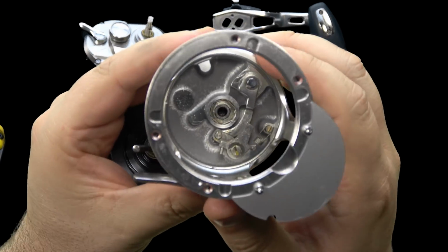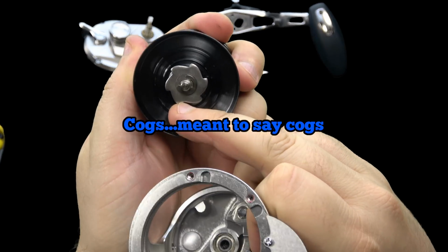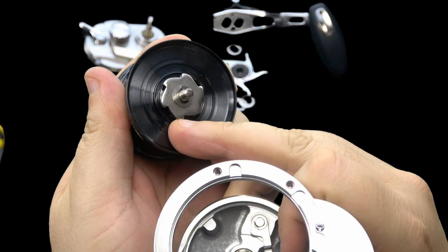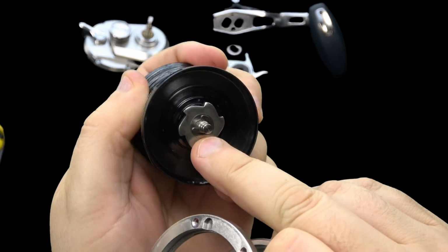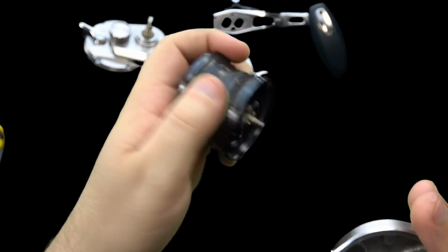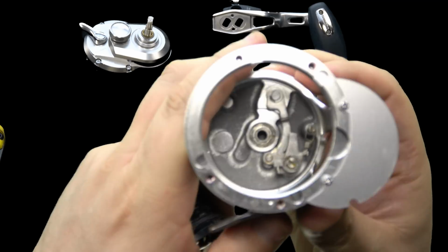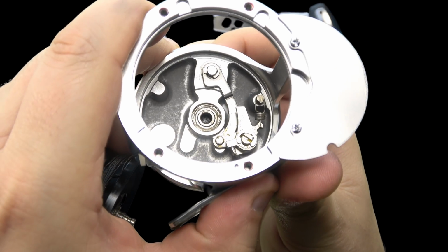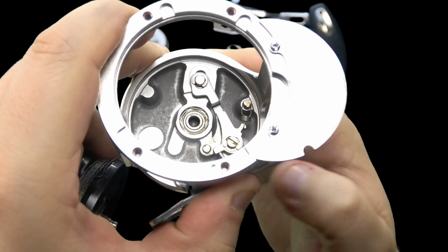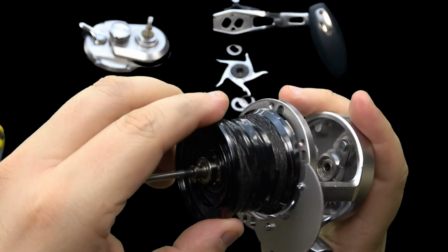And this is a spool lock mechanism. Okay? See these dogs on this plate here? This plate is keyed to the spool shaft. It'll never turn. You can see a retaining clip is keeping it in place from pushing outward or falling off. And you can see, I'm going to go ahead and engage with the locking mechanism. And that's all it takes. Let's see if it'll...